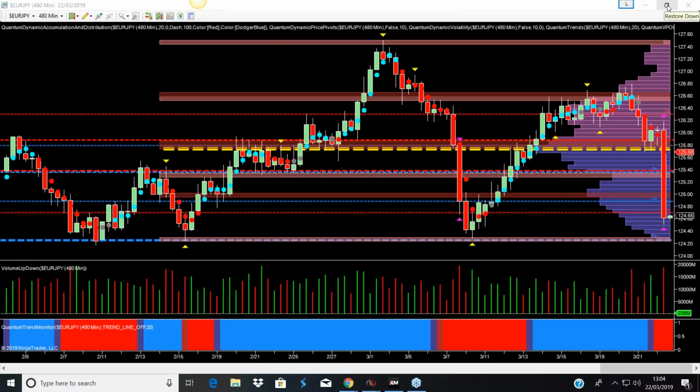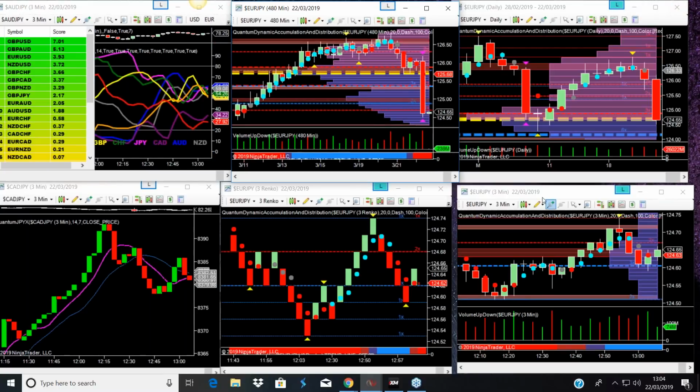That's the technical picture, but you also have the fundamental picture, and this is a perfect example today. So it's getting to know your currency and currency pair. This is the euro yen. Now what's happened is we've got New York coming, and we've had the crossover. We've got a new bunch of traders coming in.